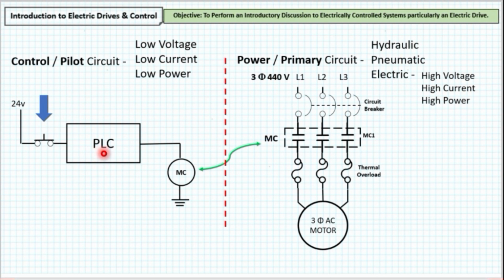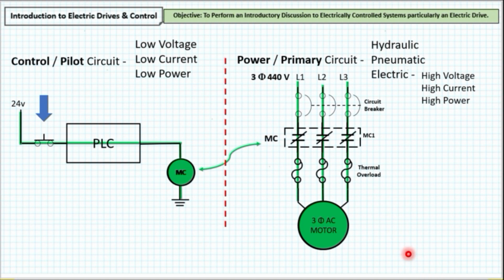Then, if the PLC is programmed correctly, the PLC will give a signal to the magnetic contactor. Okay. Magnetic contactor coil. Usually, yung nasa control/pilot circuit natin na may kinalaman sa relays and magnetic contactors, it is usually the coil only. So, the magnetic contactor contact will be connected, thus will provide a 3-phase high voltage supply dun papunta sa ating electric 3-phase AC electric motor, and the motor of course will then run.